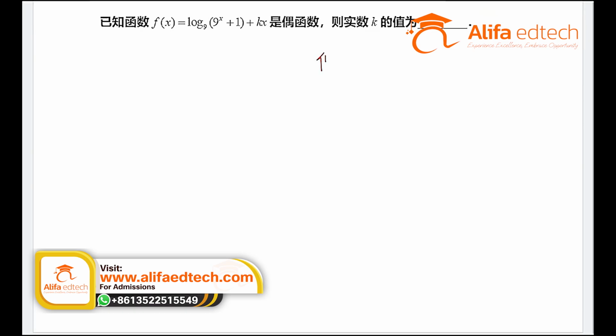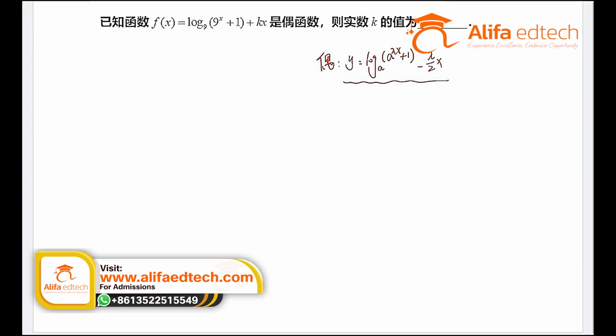For an even function here, we have y equals log base a, and for the argument, we have a to the power of some multiple of x. I'm not exactly sure how many times x, so let's say lambda times x, then plus 1. That's our argument. And then we subtract 1/2 of lambda x. This function is an even function. As long as we remember this general characteristic,